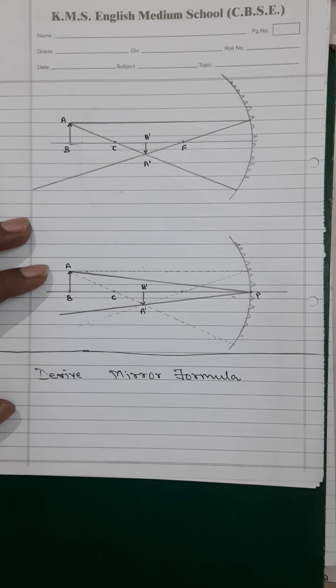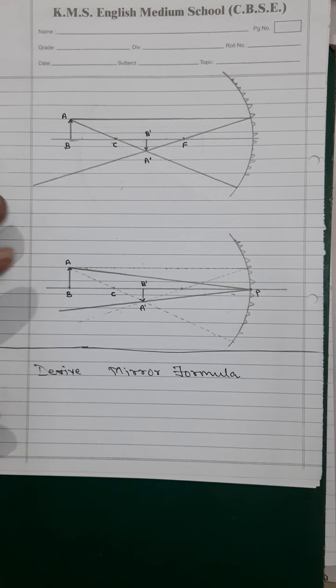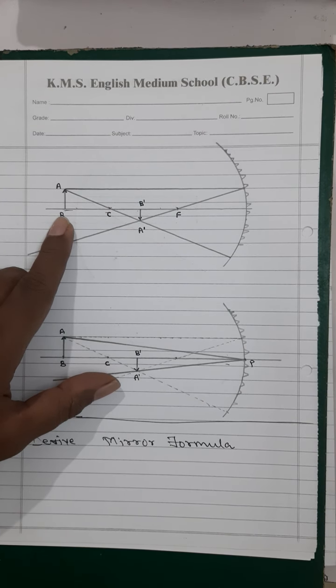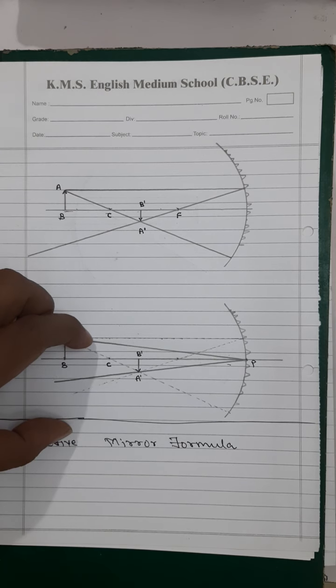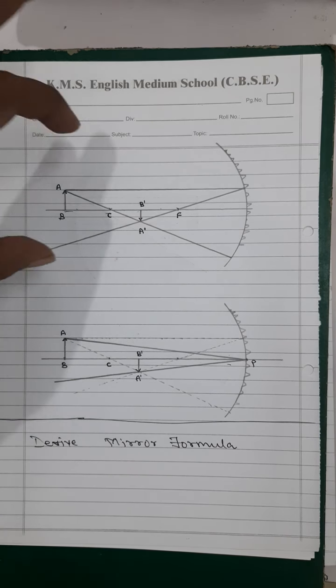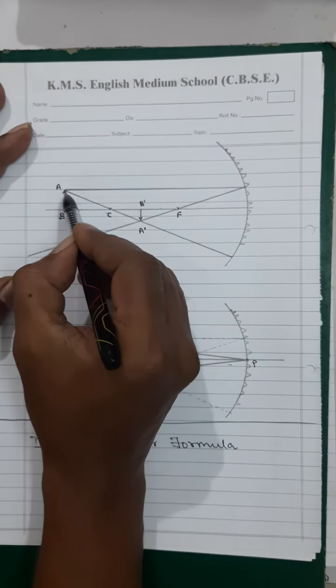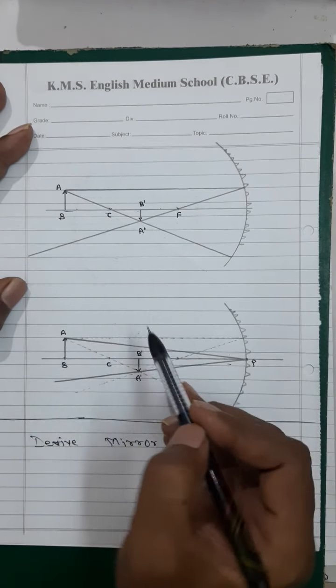It's not that difficult, very easy, but the only thing is that you have to know the concepts of triangles. So that's the reason we have completed triangles now, and now I can try to explain how this mirror formula is done. See, basically you can take any diagram. Even you can take any figure, but I have taken this one where the object is beyond the center of curvature. There is no need for drawing two different diagrams. They can be in the same diagram, but just because I want you all to have a complete idea, that's why I have drawn two different diagrams. But see the diagram, the object is beyond the center of curvature.